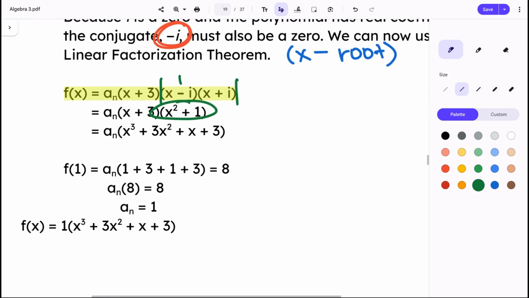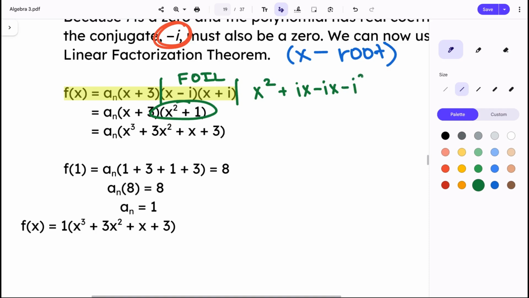If I were to FOIL this quantity here, what would be your first term? x squared. Outside term, xi. I'm going to put the i first. And then the inside terms would be the same thing, but negative, which is good because something's going to happen here. And then last terms,